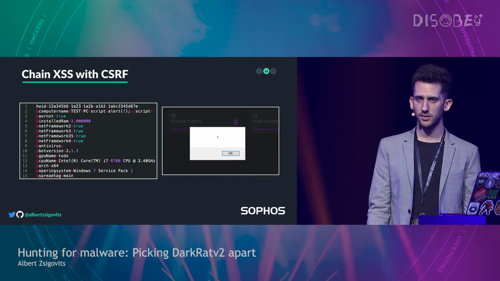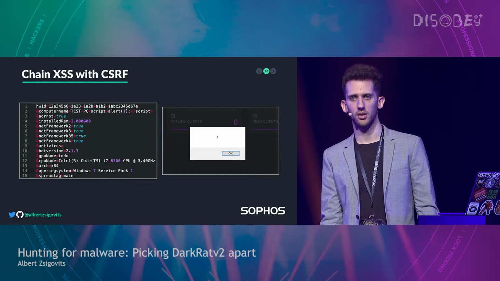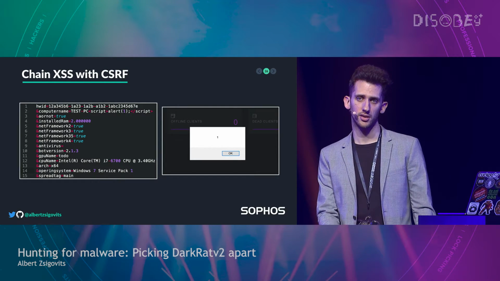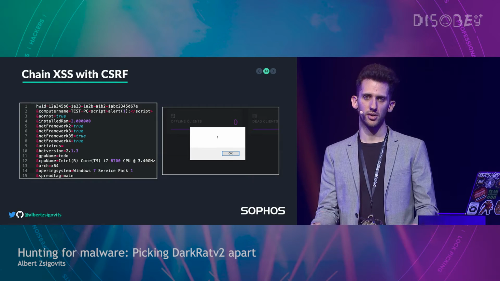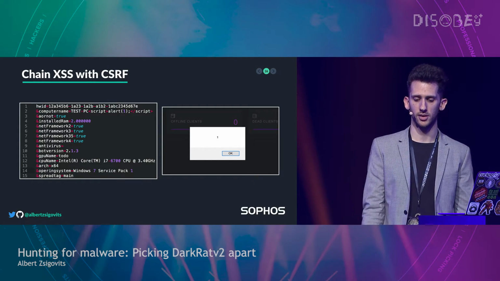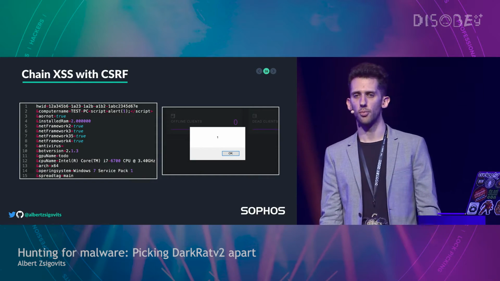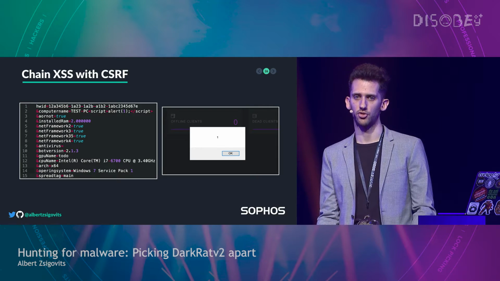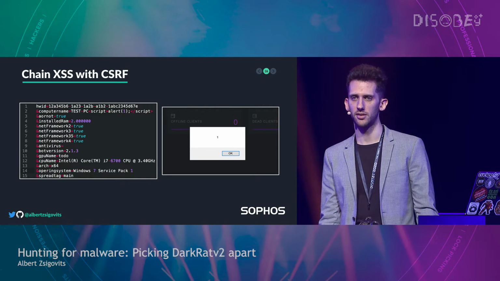As I started playing around with this, and you can spot it on the screenshot, you can basically insert a script tag into the computer name resource. And I'm sure if you're into pen testing and know about XSS, this is the first thing that you would try on a site.